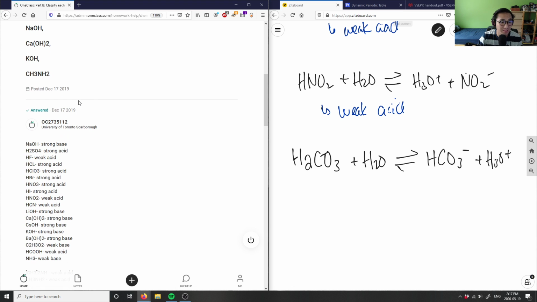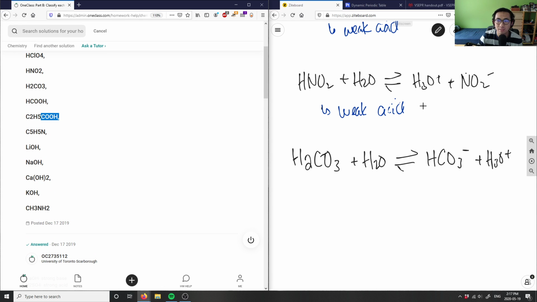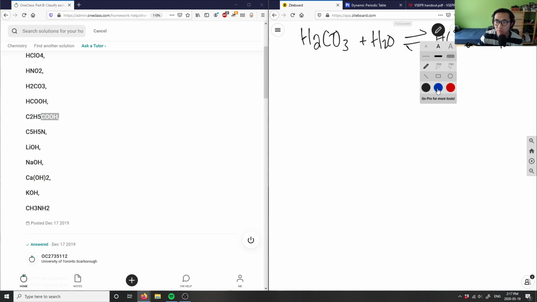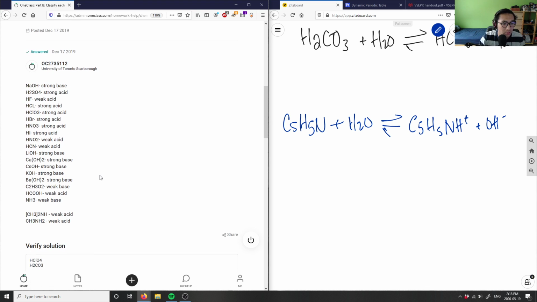C5H5N here would be a weak base, and I don't think they included it here as well, and it's because it's an amine, and organic amines are usually weak bases. So maybe I'll write this down here. So I have C5H5N. I'm going to add that with H2O, and this would create C5H5NH plus OH minus here, and this guy would represent a weak base, and I don't think they wrote that here as well. So I'm going to